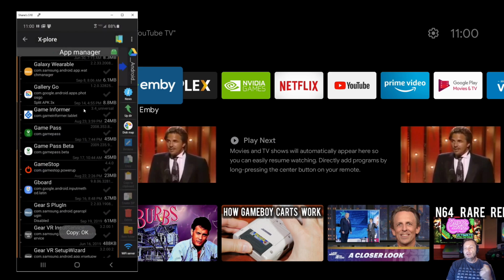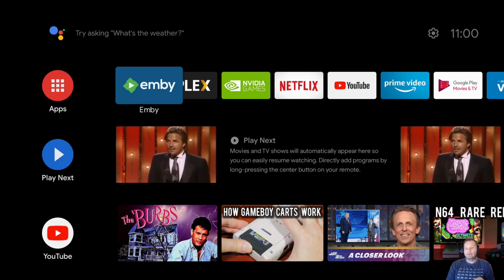Done. Okay, so we're done with the phone piece, so I can just go ahead and get rid of that. The idea is just to get the APK. Now, this could be a tablet. My Lenovo Duet is where I got my original one. This one I got off my phone because it's just easier to mix the screen in with OBS. So I'm going to go ahead and turn my phone off. You don't need to see that anymore.